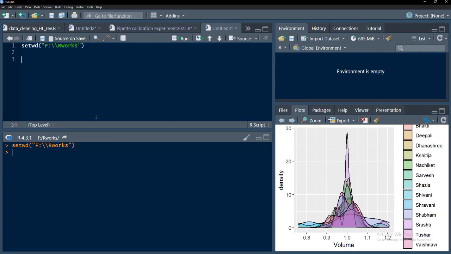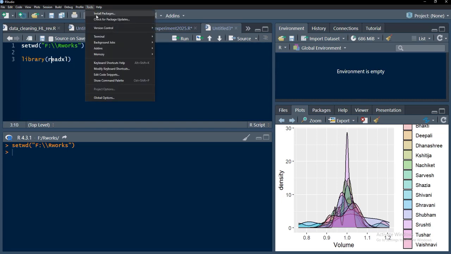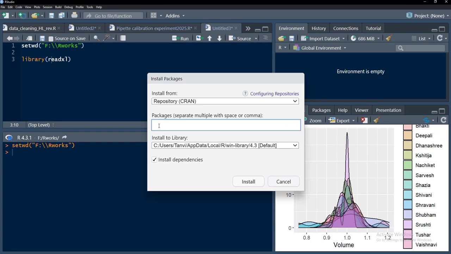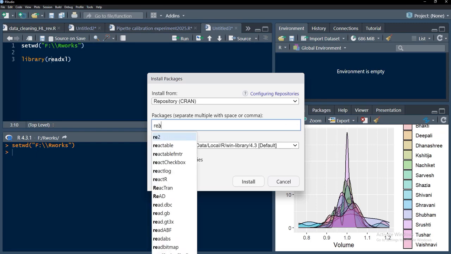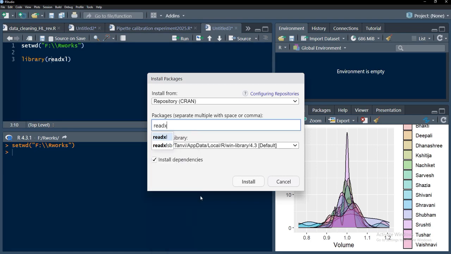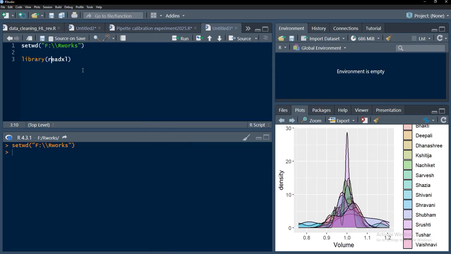I will read the file, and my file which I am going to read I have saved as xlsx file. Therefore, I will use the library readxl function, and if you have not installed readxl, go to Tools and Install Packages, type in readxl there and select from the drop down and click install. The package will get installed. We'll run this line so that the functions will be there in memory. Then we will bring that library,